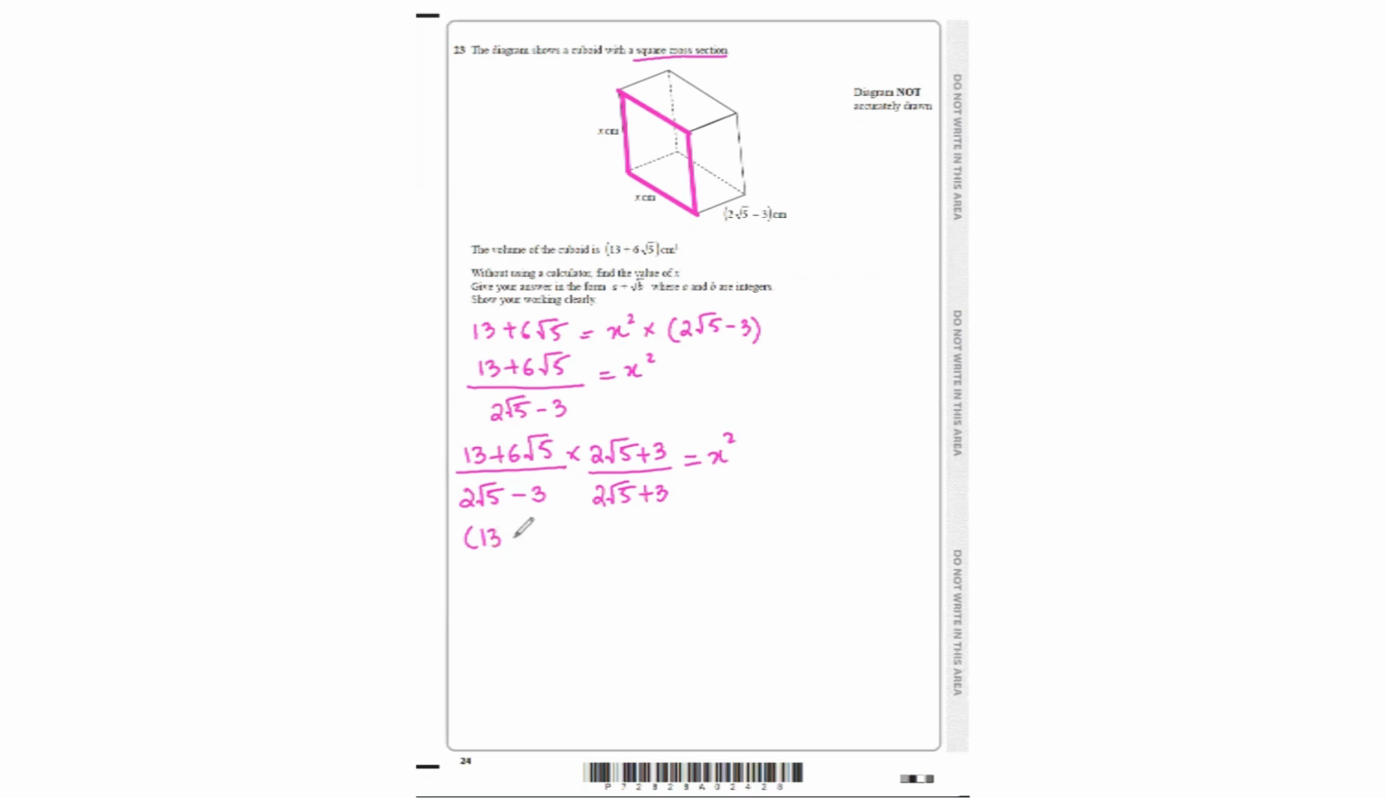So now when we multiply them, we get 13 plus 6 root 5 times 2 root 5 plus 3, divided by 2 root 5 minus 3 times 2 root 5 plus 3, equals x squared. Expand the brackets in the numerator and the denominator. For the numerator, it's going to be 13 times 2 root 5 plus 13 times 3, then 6 root 5 times root 5 plus 3 times 6 root 5, divided by,